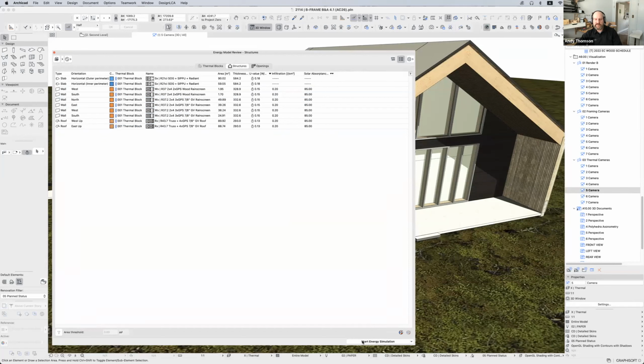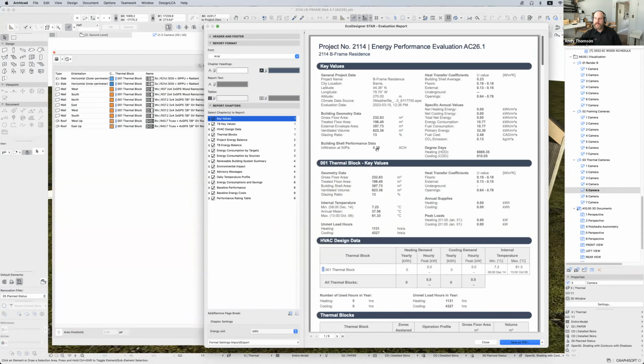So let's see what difference that makes. Start the energy simulation, run that again, and let's see what my air changes at 50 Pascal would be for that line and the key values. There, I'm at 0.38. So that's the kind of number we typically hit when we're running the door fan tests